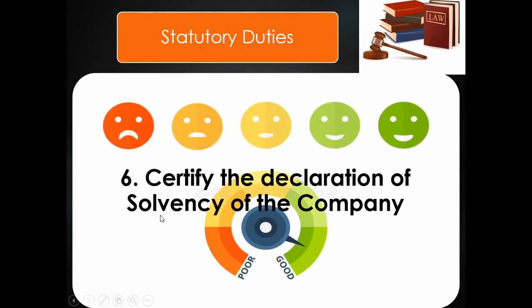The company has to prepare a statement stating the solvency of the company at the time of winding up of a company, and the company has to submit this solvency statement to the registrar where the company has been registered. And in such a solvency report, the auditor has to certify that the solvency statement of a company is fair and reflects the true values. The solvency statement states whether the company is able to repay the debts or not.